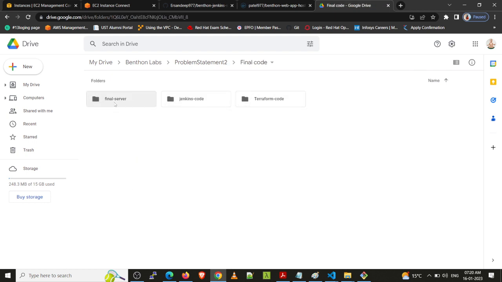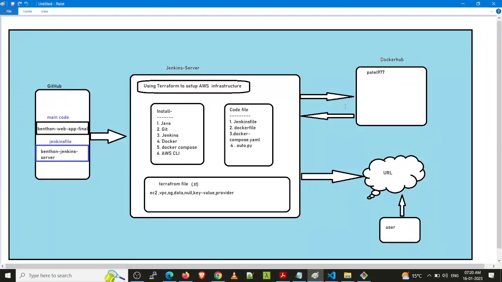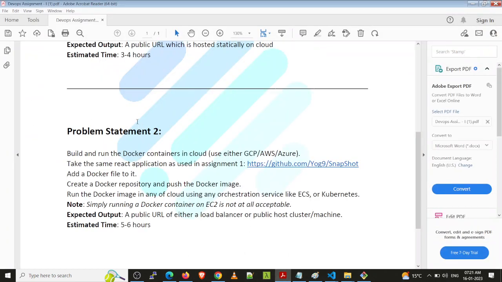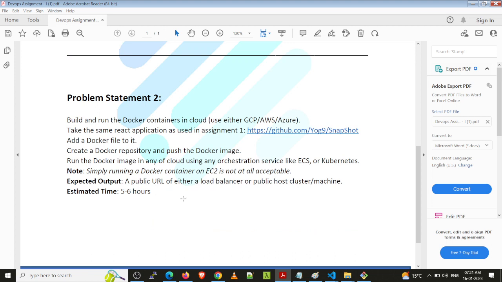Jenkins code is there, server related code is there, main code is there, and Terraform code is also present here. You can use this one. And this is the documentation. You can see how all the activities are done. It means all the steps are shown with attached snapshots. So these things will be used. And the video, once I capture this video, after that I upload all the things. For the time being I submit two tasks, first task and second task. Thank you.